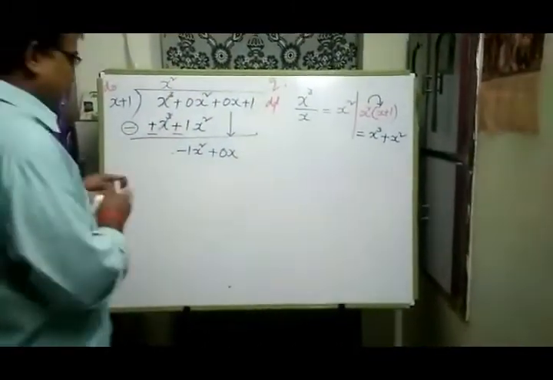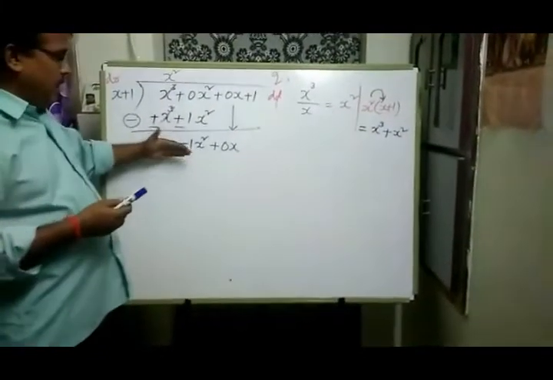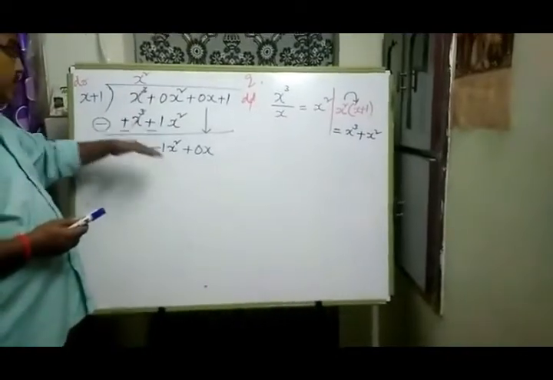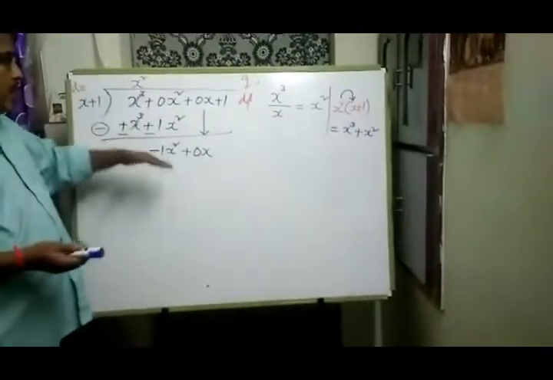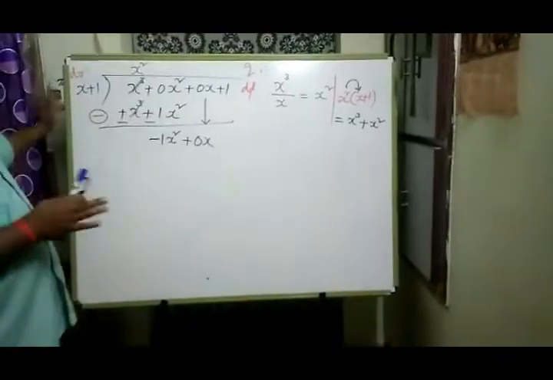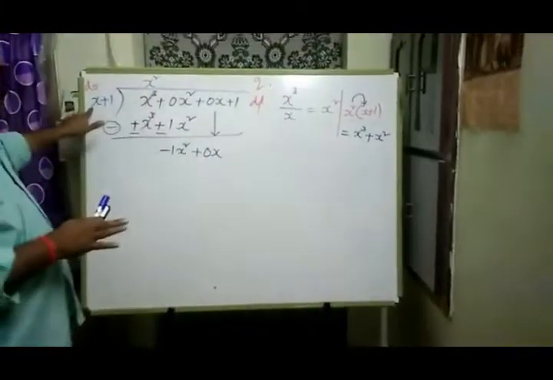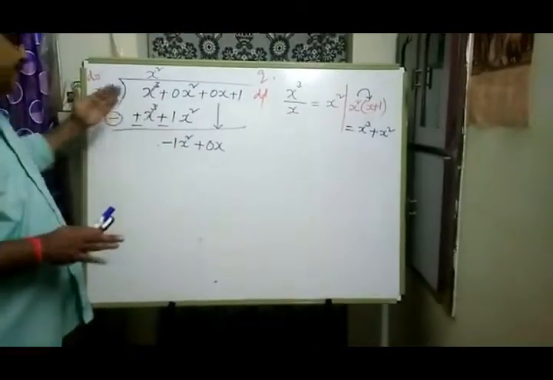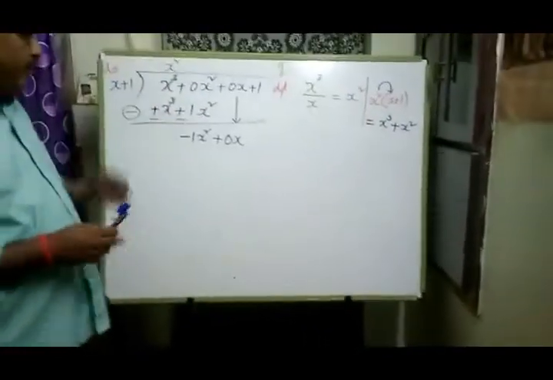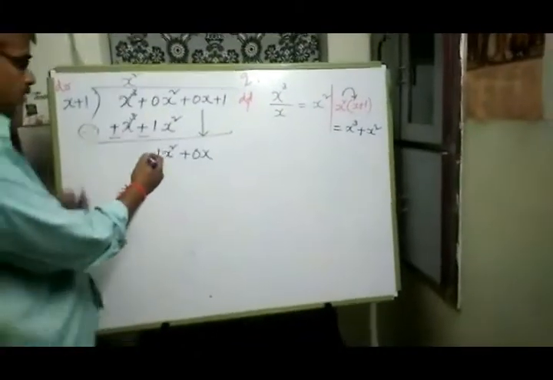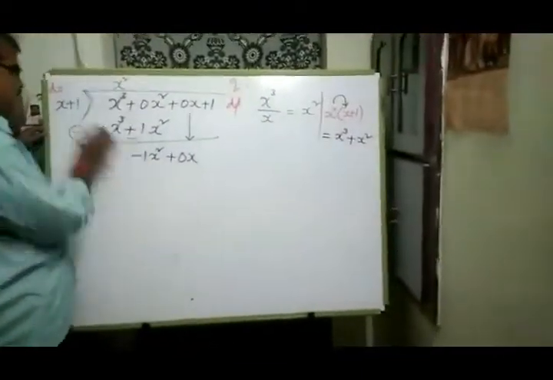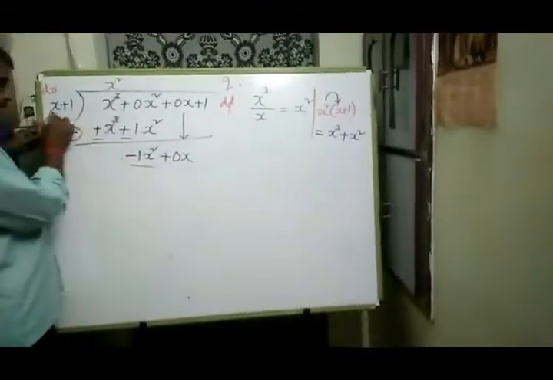Now, this is a polynomial. This is the new dividend. We can simply call it a new dividend. Now, perform division, because the main intention is, no need to check. The degree of this polynomial is 1. The degree of the other polynomial is 2. This degree is greater. We have to go for division. Now again, what is the first term of this polynomial? Minus 1x square. This is the first term.